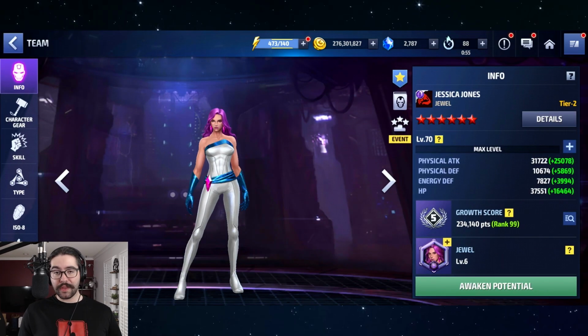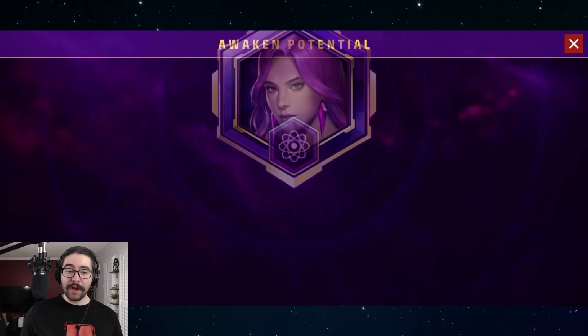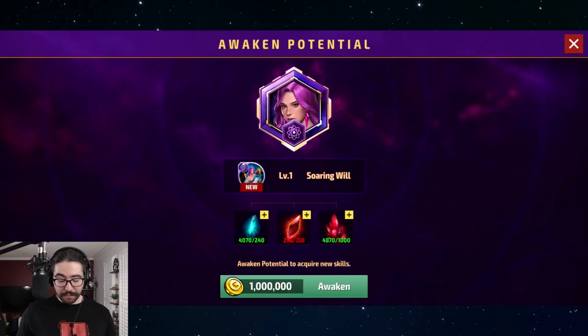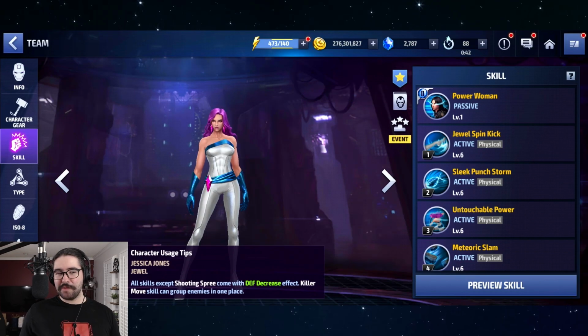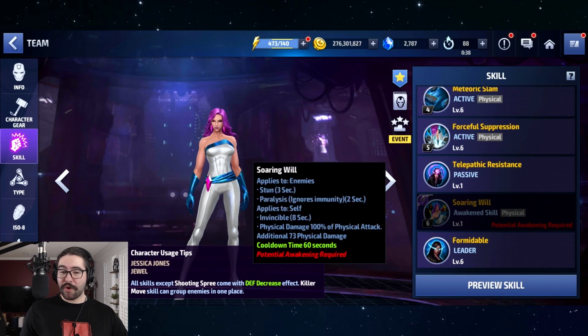I don't mean to ignore them, but they're left until afterwards because they don't seem quite as brightly shining as the other two. Jessica, I got lucky with her potential, so I can actually awaken her, but I'm very low on awakening crystals, but she seems okay. She may end up being, for me as a PvE player, more of a support-only type